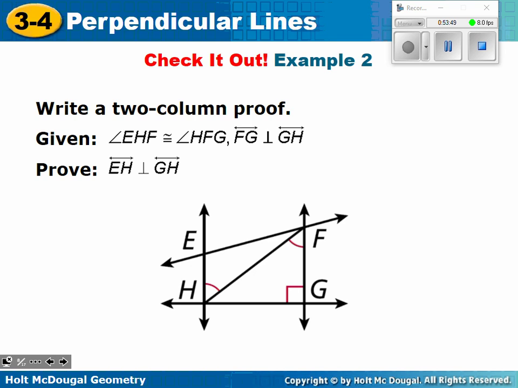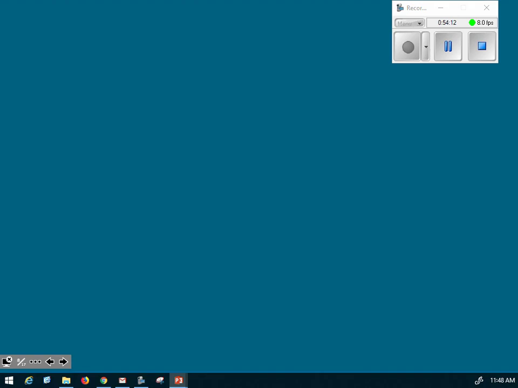How many options do we have to prove lines perpendicular? 2. It's either the perpendicular transversal theorem, which says you have to have a pair of parallel lines. One of them has to be perpendicular to the transversal. Or we need to get a linear pair of congruent angles. Okay, so let's look at what we have here. EHF, it's already marked, is congruent to